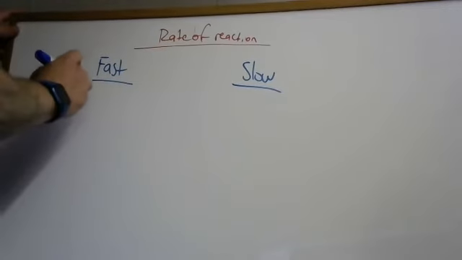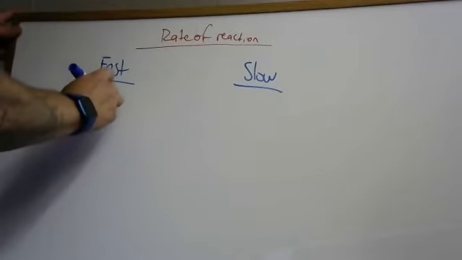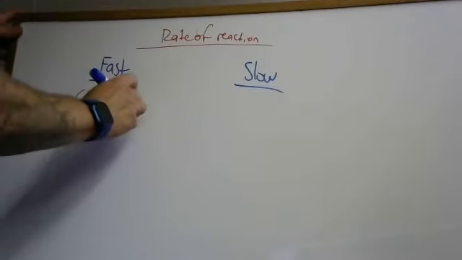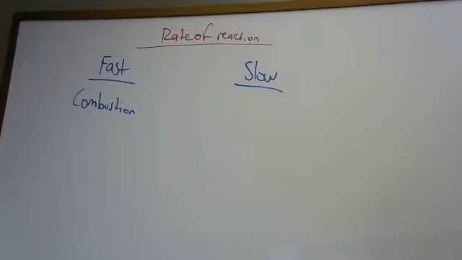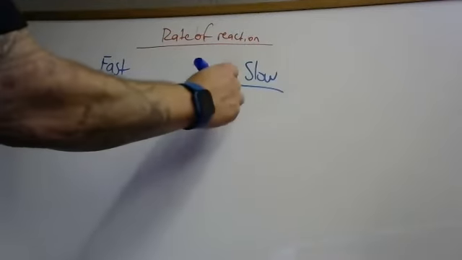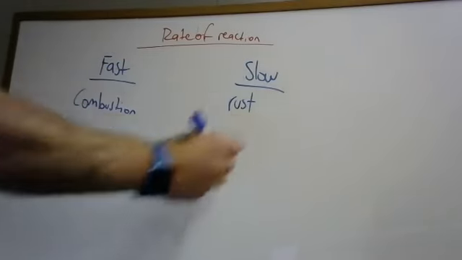Fast is combustion, so burning things. Slow would be rust. So slow happens over,